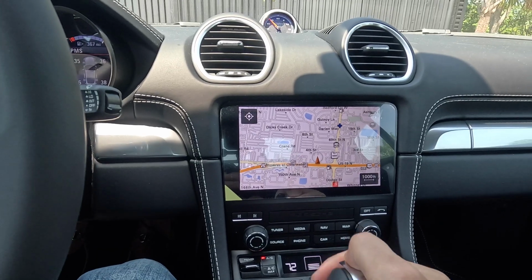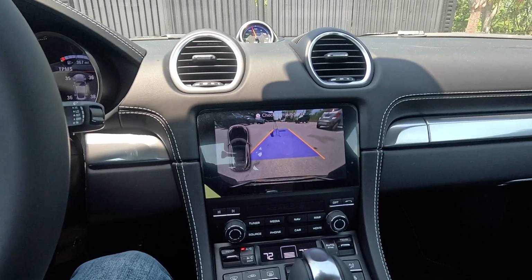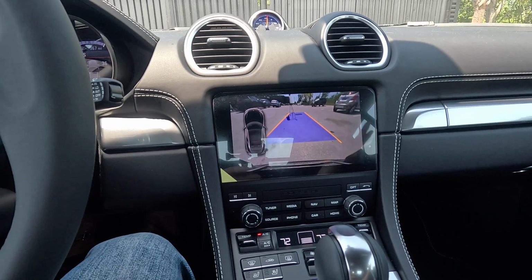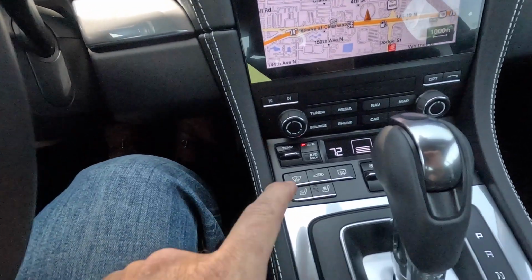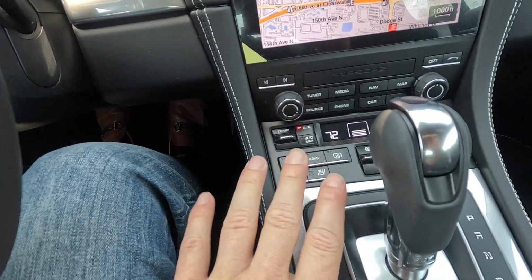Put it into reverse, and this is always a con to me. Just the reverse camera. Now you do have sensors all around the vehicle, and the trajectory does expand, but when you start paying six figures, I think it should be a standard 360-degree reverse camera, but let me know your thoughts on that. Toggle switches to turn up and down the dual climate control setting or the fan speed,